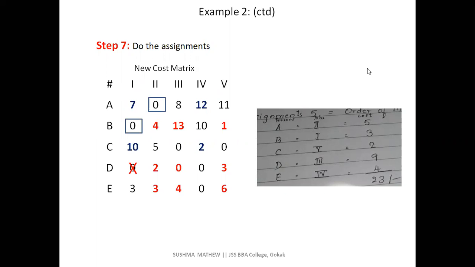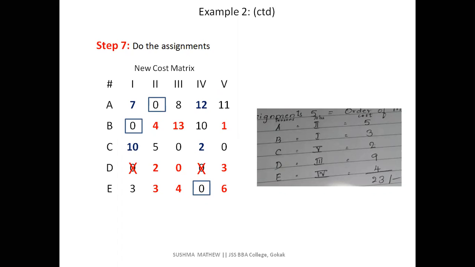Okay. Check for the third row. There are 2 zeros, so don't go for assignment. Leave it there only. In the fourth row also there are 2 zeros, so don't go. And in the fifth row there is only 1 0, so you can just go in for assignment of that. When I do that assignment, subsequent zeros will again be cancelled or cross marked. The zero above it must be cross marked. Yes. Now row wise allocation is done.